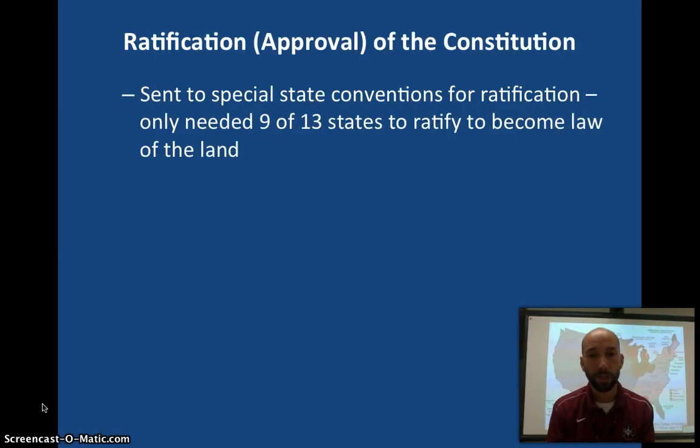It was sent to a special state convention for ratification. They needed 9 of 13 states to ratify to become law,